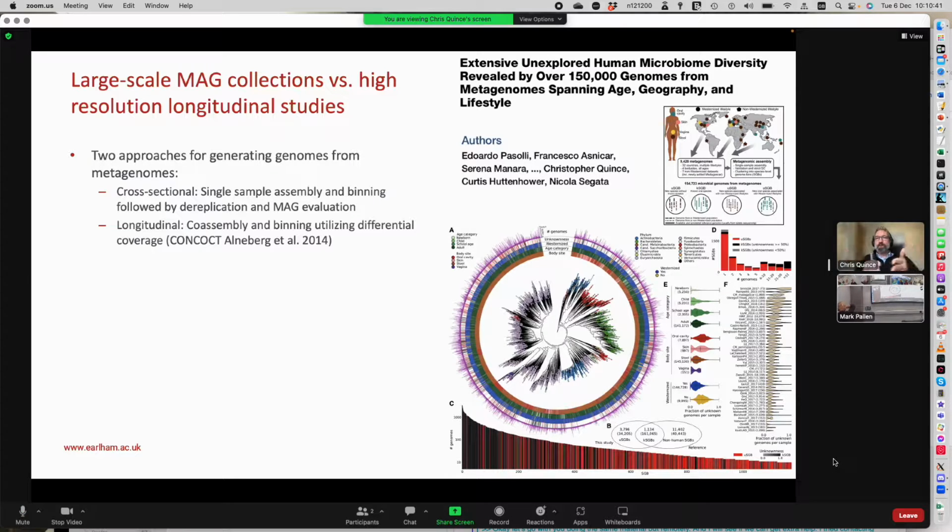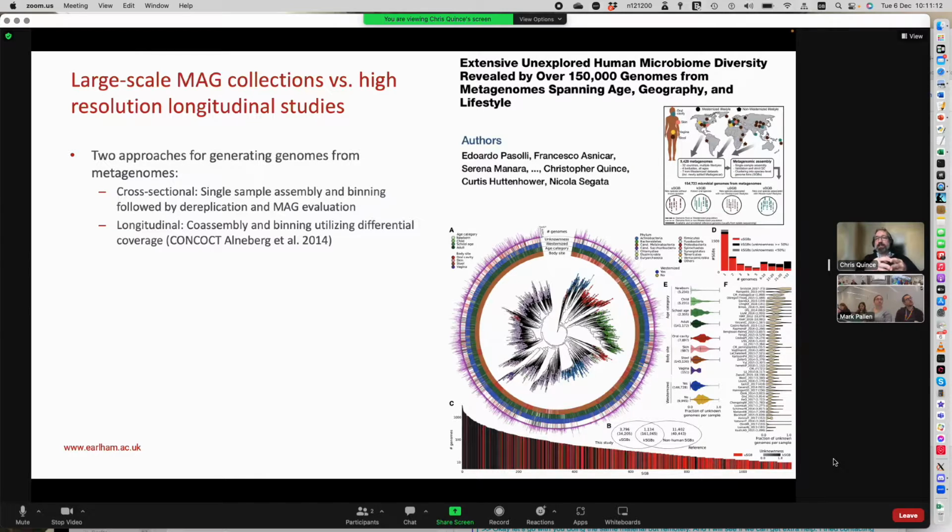samples. So an example here that I was involved in, I think they took 7,000 human gut microbiomes, fecal microbiomes, but also some other body sites, generated MAGs on each of them, and then formed this huge collection of metagenome assembled genomes. The alternative, which is a thing perhaps I've been focusing on in my group, is where you do